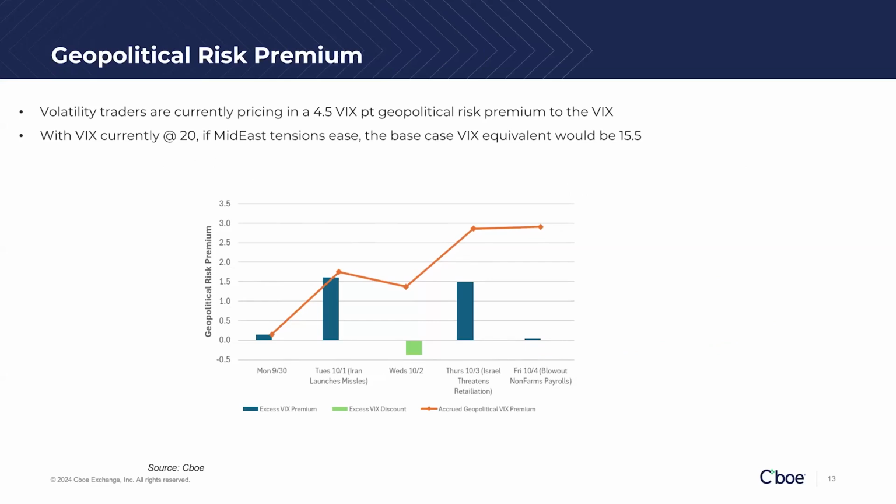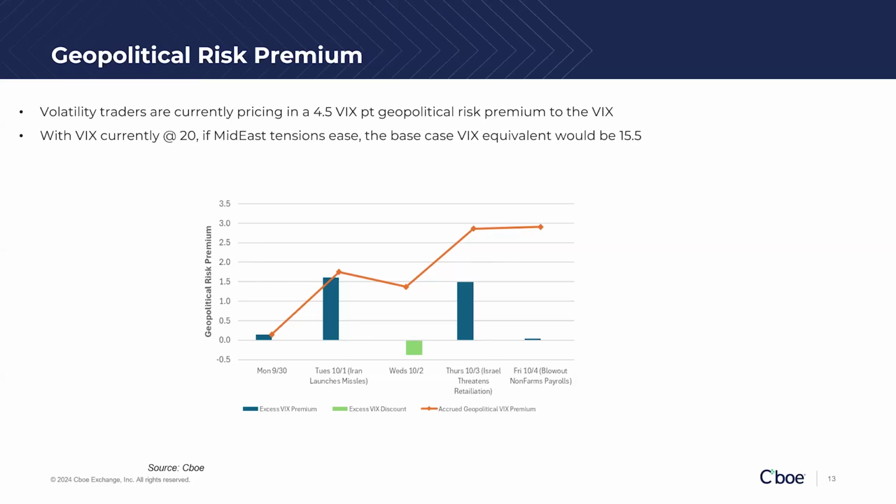And another thing that's been occurring in October was obviously Middle East tensions. What we have over here is basically a graph of the evolution of excess risk premium due to the first week of October, when Iran launched a series of missiles against Israel, and then Israel in return threatened retaliation against Iran's oil and nuclear facilities.